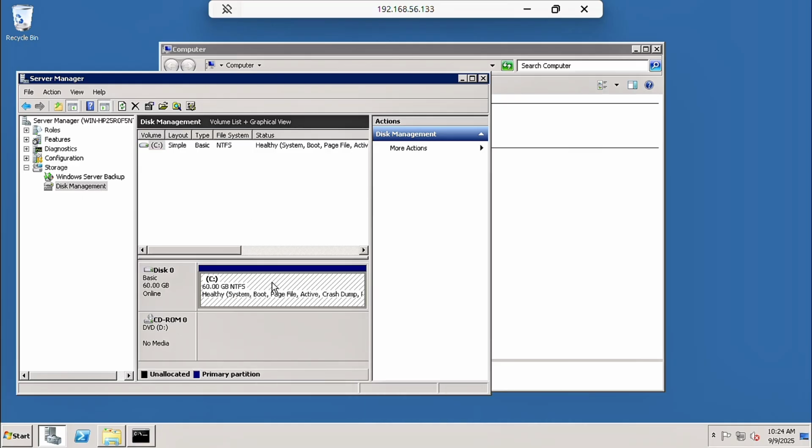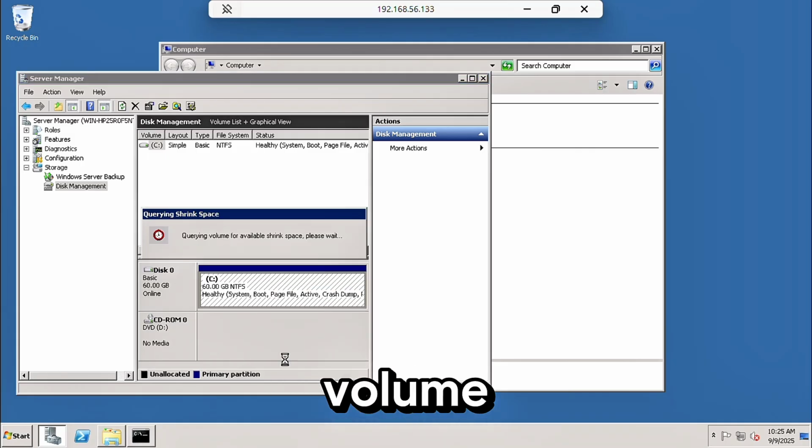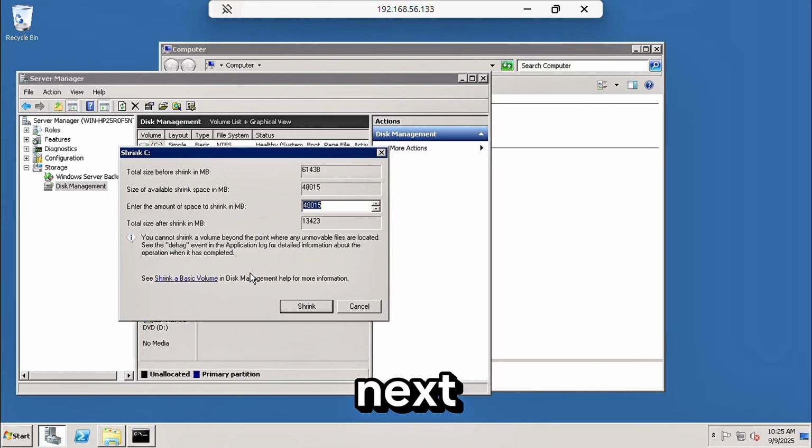So now on your local disk C, right click and then choose shrink volume. So next is to enter the amount of space to shrink in MB. So from this we are going to divide it by 2.